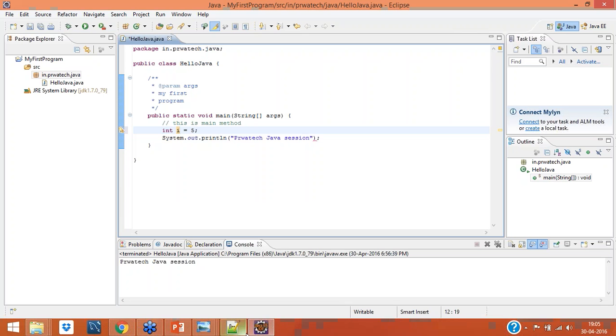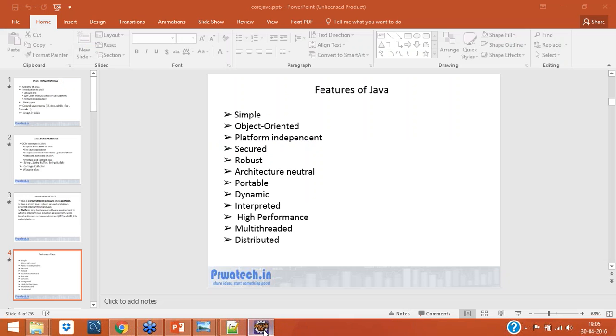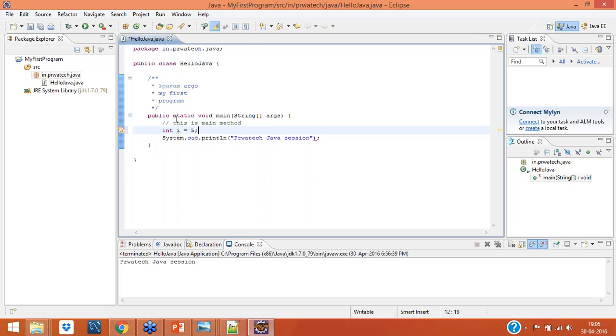Talking about this robust thing, let's say I have this value maintained here and I'm not using it.